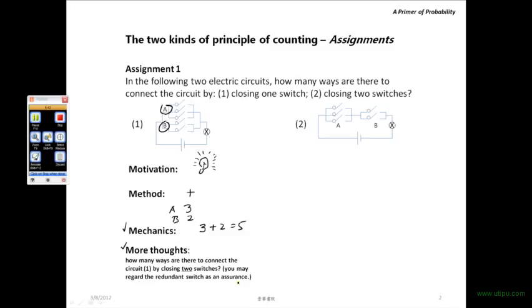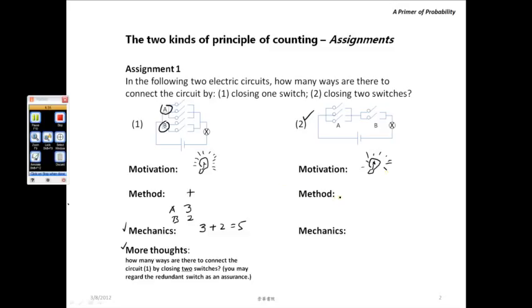So this is for question 2, motivation now. It is to get light by closing 2 switches. In terms of methods,